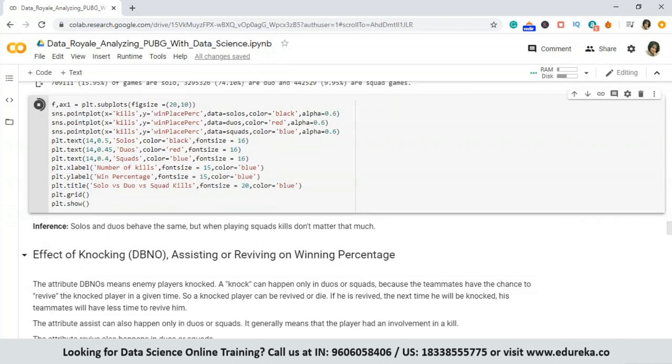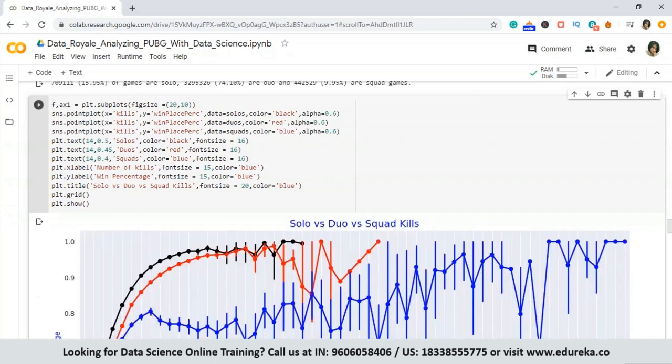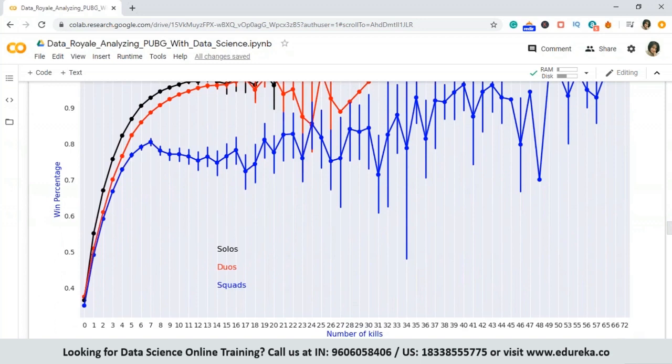We are going to have our solos in black, our duos in red, and our squad in blue. And these colors are extremely important so that your audience does not get confused while looking at data. Clarity is one of the keys when it comes to graphical representation of your data. So here again, if we bring it down,